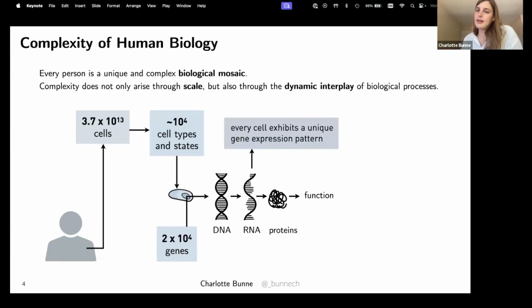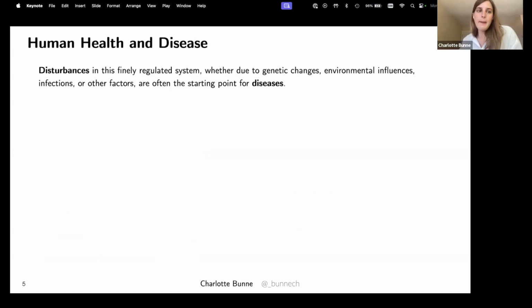And in particular, this is the kind of phenotypic readout we are going to deal with mostly. Every cell exhibits a very specific expression of genes, like what genes are active, what genes are not active, and how this is going to basically decide on the function of a cell. And disturbances in this very finely regulated system are often the root cause or starting point of a